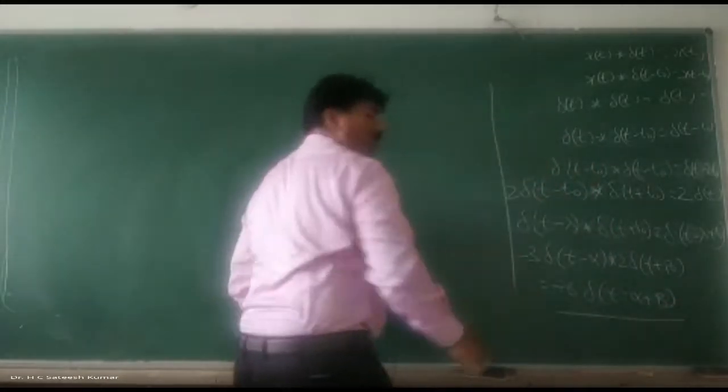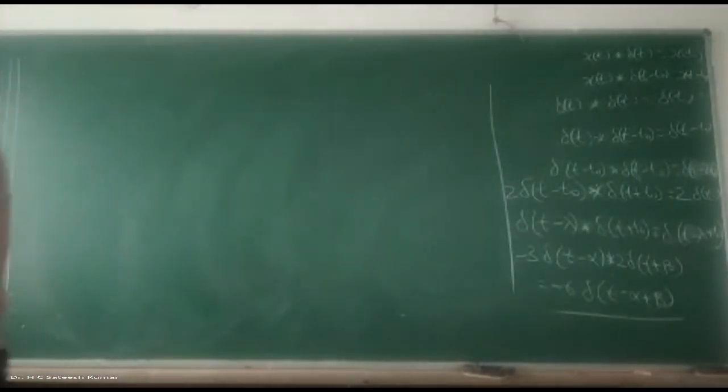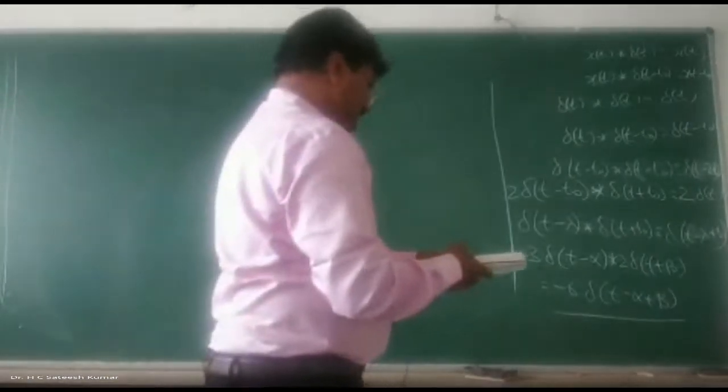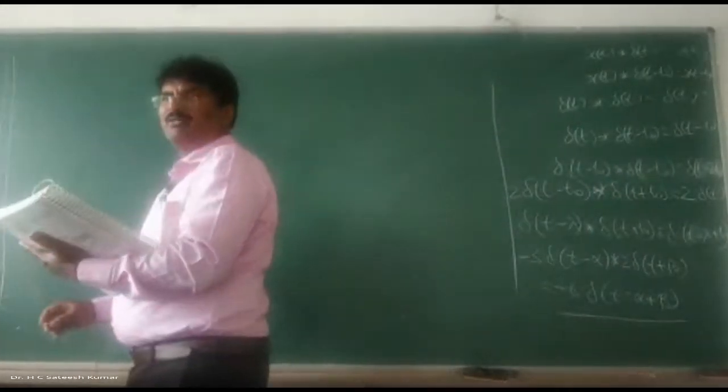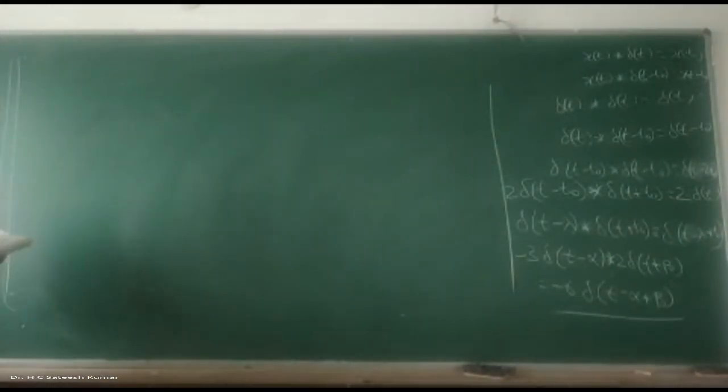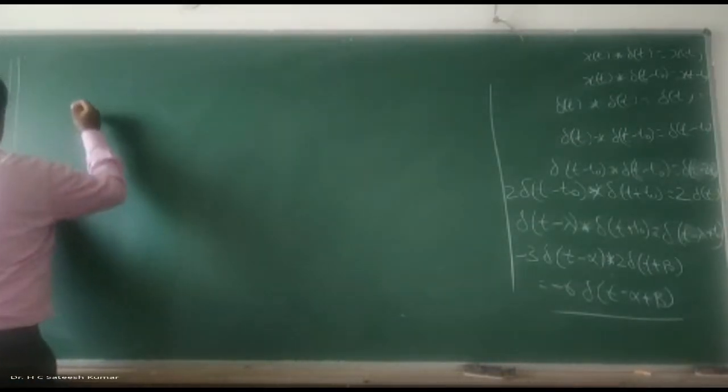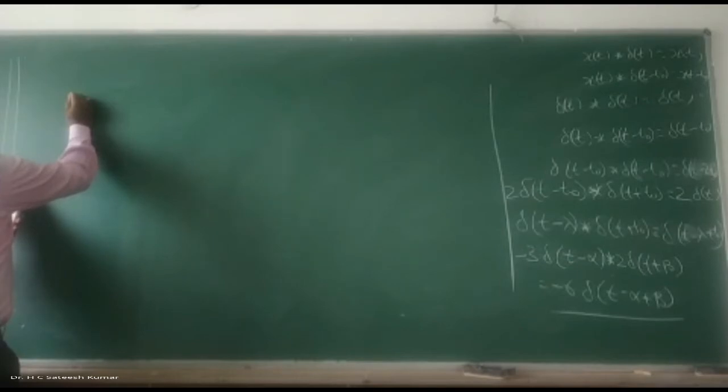So using this property, we have problems in the examination. If they are asking this kind of problem, it's very easy in the exam. And many times they have asked this kind of question. When they ask a problem on this, it becomes very easy, and they will say that instead of shifting and all, use the property and do it. Perform the convolution between the following signals and sketch the convolved signal.